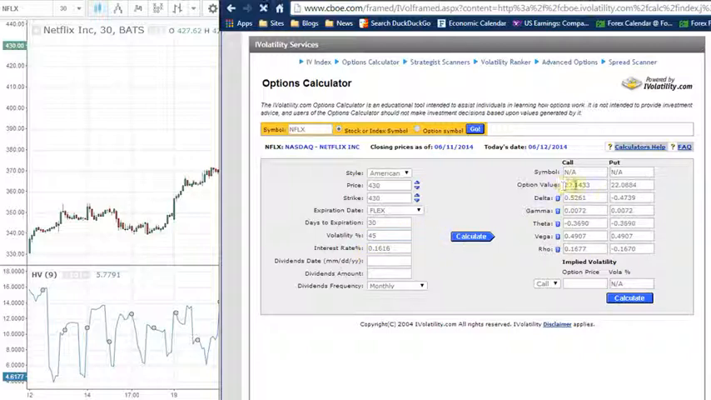Goes up to 22, the call and the put. So volatility has a direct and profound impact on pricing options. Be aware of this for your entry and exit. Have a look at historical volatility compared to the implied volatility on a daily basis when you're looking at your